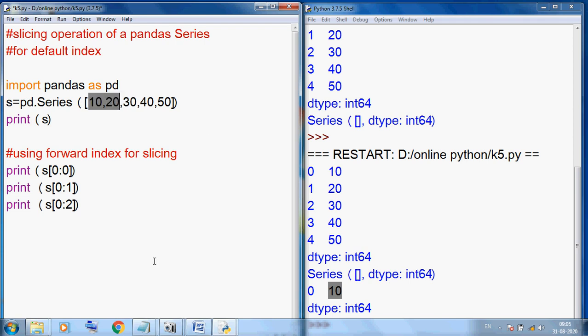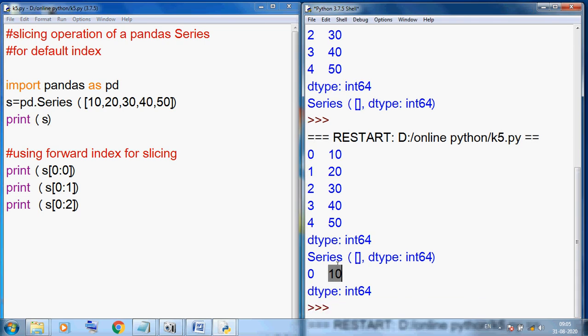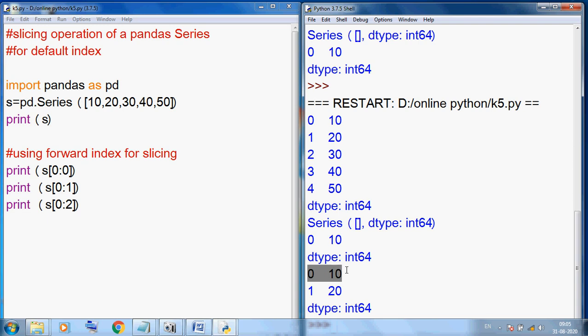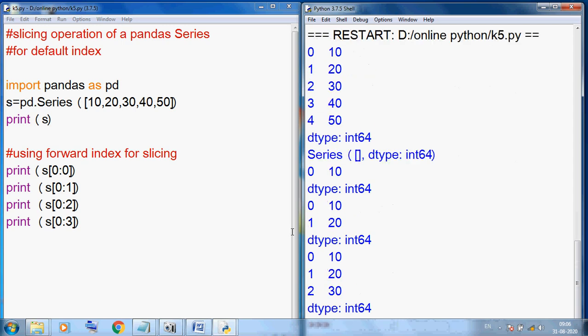So our output is 0 to 1, you can see this is our final: start from 0, 10, and this is 20. Now we can copy and paste. Here I am using 3. You can see start from 0, 1, 2 and we provided maximum 3, so one less means 0 to 2 will display. Control S F5. You can see 0, 1 and 2, one less.